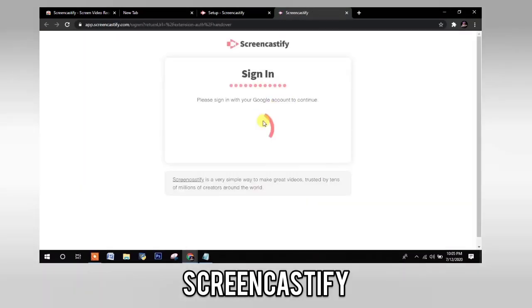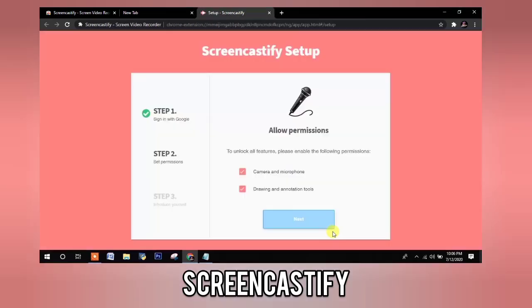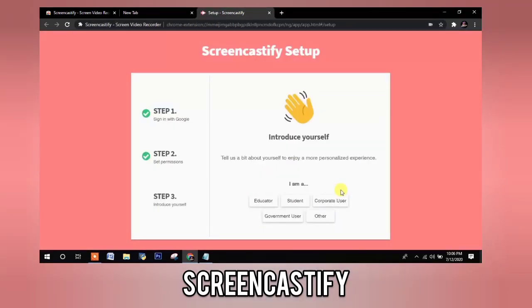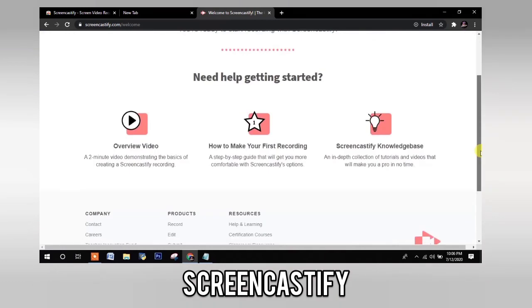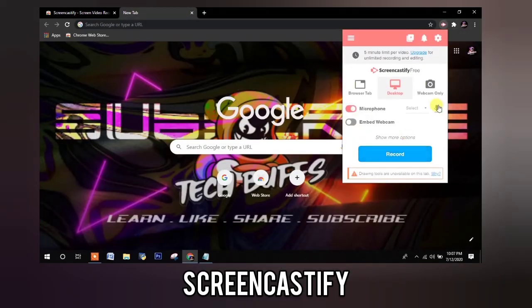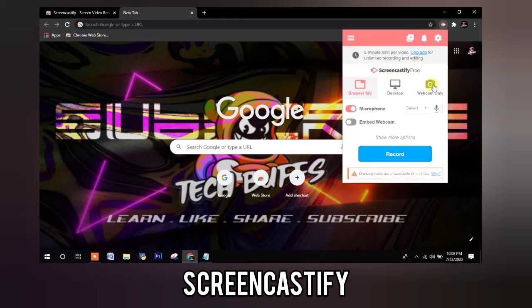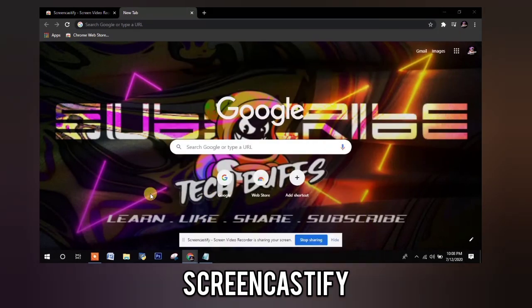You can give your Google Chrome account, and it'll take some little permissions because you're using it in your Google Chrome browser. You have to allow these permissions, and it'll take some basic info because it can provide you more advanced features. After providing this information, you can start recording using Screencastify. For now, I'll show you an example. First, it gives you 3 options to record your browser tab, or the whole desktop, or only your webcam. And you have features to enable your microphone, and you can start the recording.